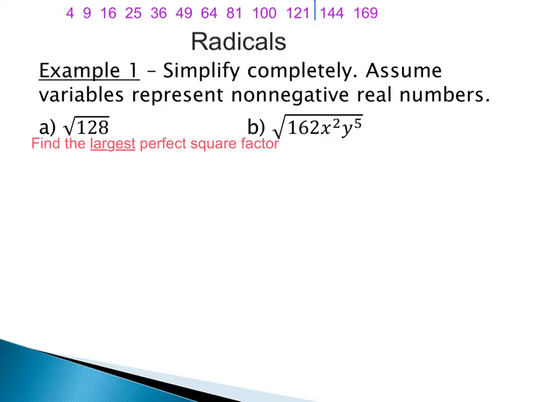Then just work backwards, starting at the largest perfect square that's smaller than 128, which is 121. Is 121 a factor of 128? If you're not sure, plug it into your calculator: 128 divided by 121. If you get a whole number, wonderful, it works. If not, then you keep going down the line. So 121 is not a factor of 128. Keep going backwards. 100 is not a factor of 128. 81 is not a factor of 128. But 64 is a factor. 64 times 2 will give you 128.